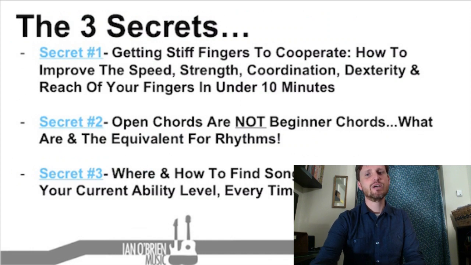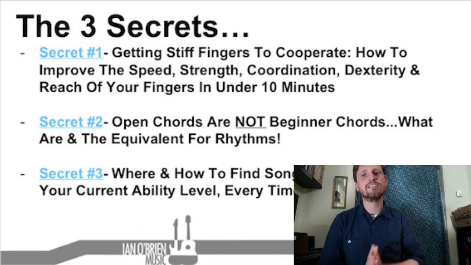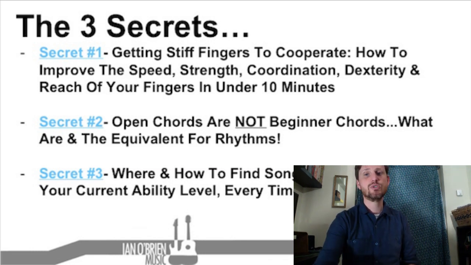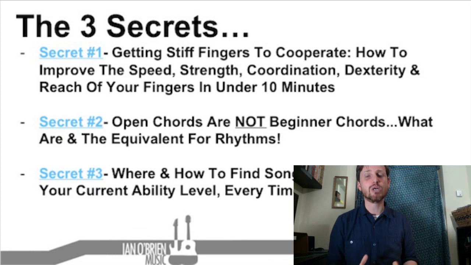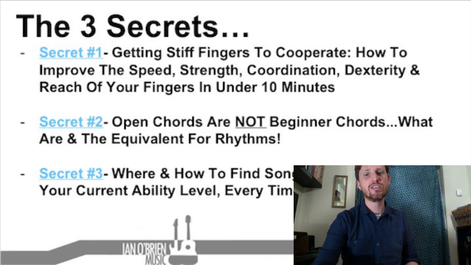Okay, this is simple, guys. This is something that all of you can do. Now, if you've been following this lesson and you've seen what works, first you improve the stretch, speed and accuracy of your fingers. Then you learn the most playable and frequently used chords and rhythms. Then you choose songs you love that are right for your current ability level by viewing their building blocks and seeing which chords and rhythms they use and discovering what specific difficulty level they are. If you follow these 3 steps, do you think you'll be successful?